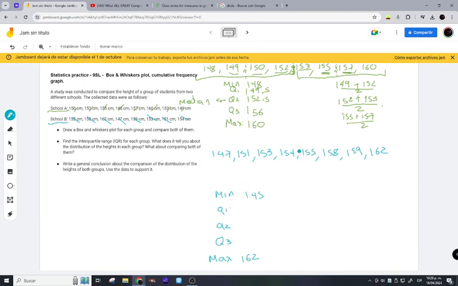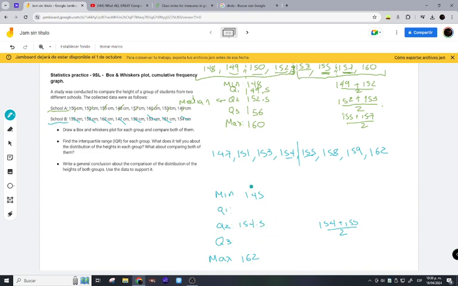Remember, it should be organized. If you don't organize it, you will most likely get the wrong values. Okay, again, this is a set of 8 values. The median is in between the 4th and the 5th values. So again, don't forget to write the operation 154 plus 155 divided by 2. In this case, we get 154.5